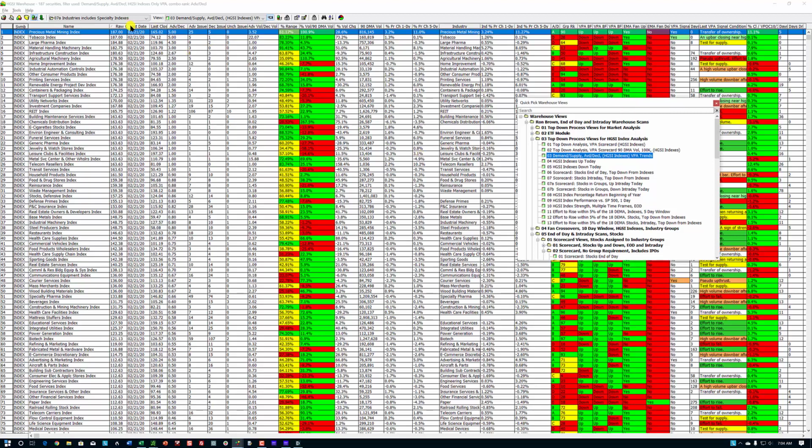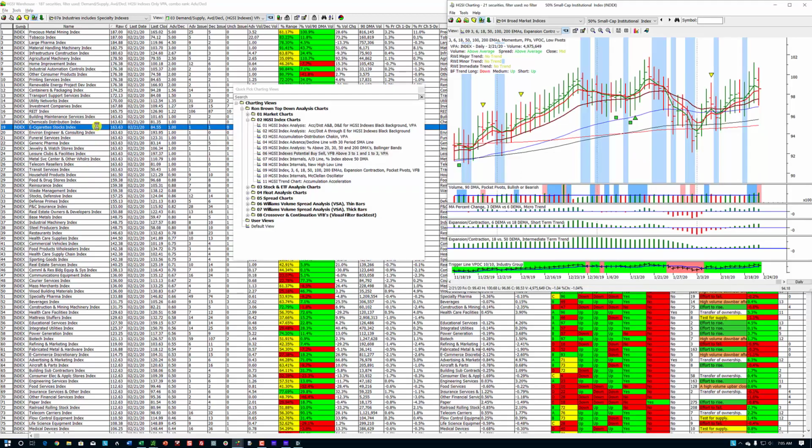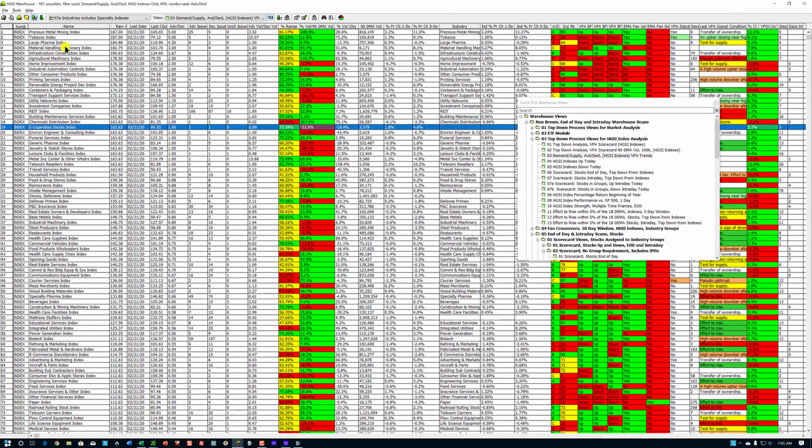And the purpose of adding specialty indexes is that we can see how these indexes are performing compared to the regular indexes. Now here's an e-cigarettes index with only 2 stocks in it. I put it in there. I don't know why. Well, there's been a lot of talk about e-cigarettes, so that's why it's in there as a specialty. I'm going to click up here, hit my space bar, and type in,